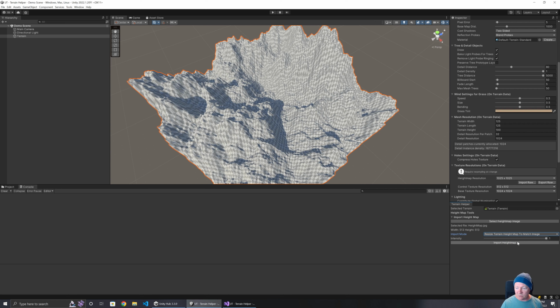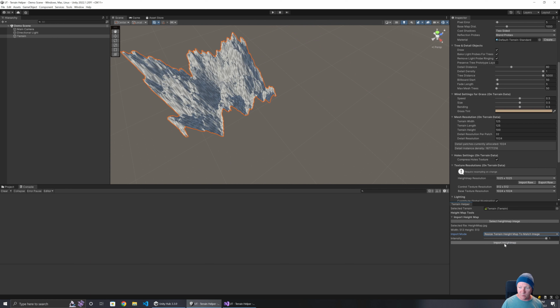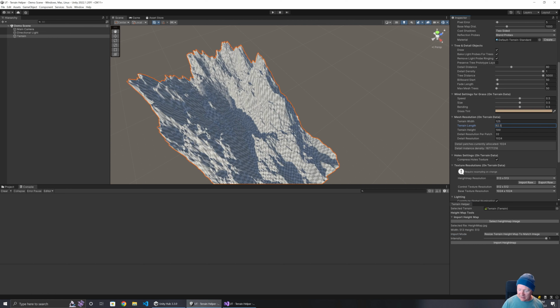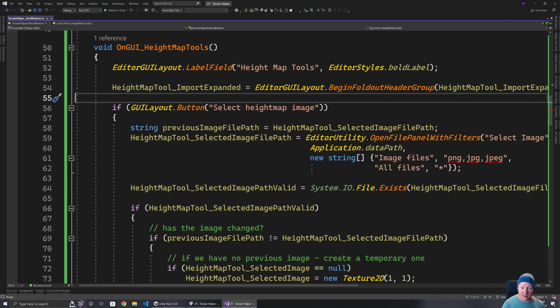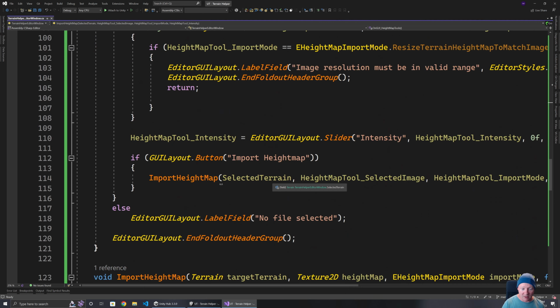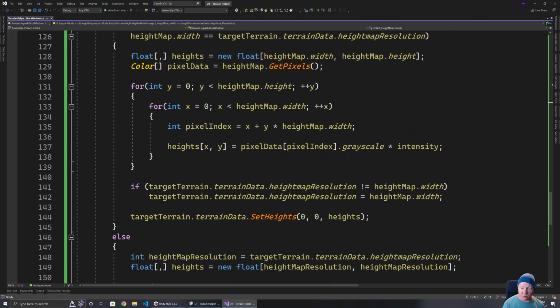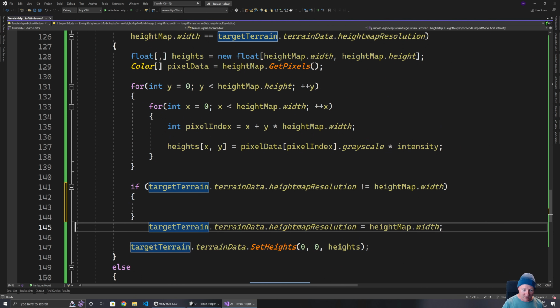Now, one of the things we'll notice when we go and do the importing and I reset things back is, if we watch the terrain width and the terrain length here, when I go and do the import, the resolution changes and then these actually shrink and they change relative to what the new height map resolution is. And that's something we don't want to have happen. So we want to actually make sure we preserve that width and height when we go and do changes like this. So what I'm going to do,